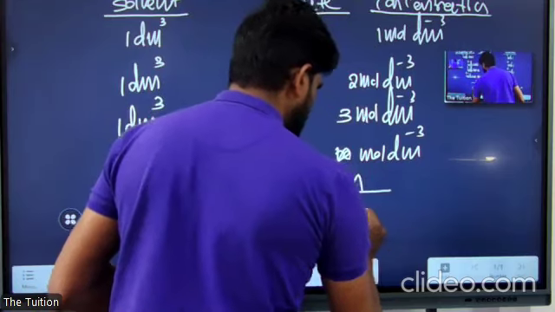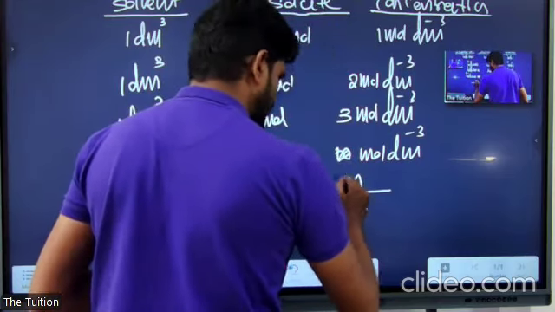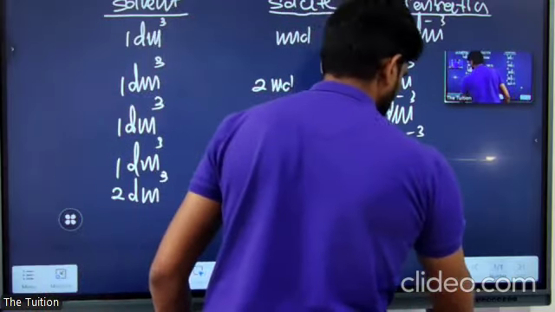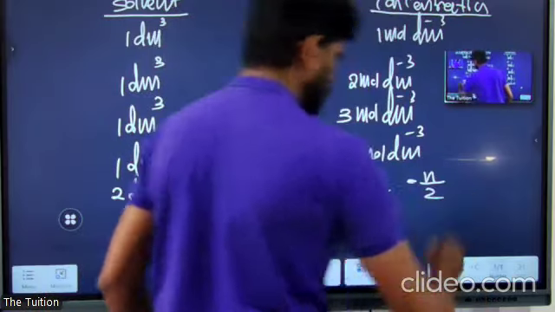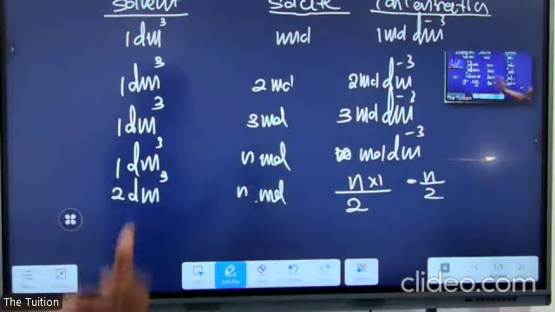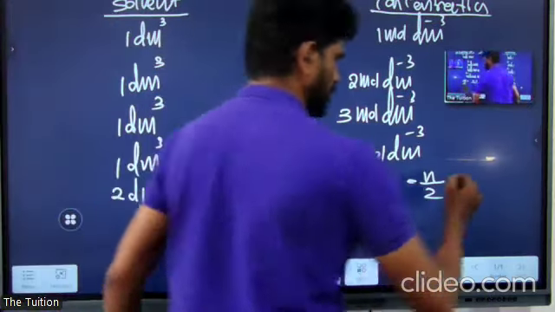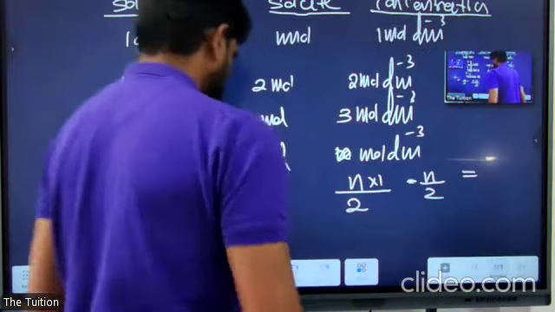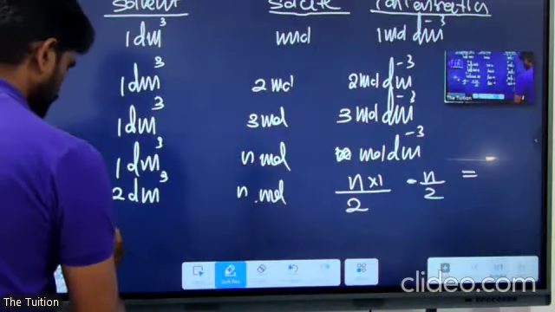2 cubic decimeter, N moles. How much? N over 2. It is the concentration. This is the concentration, okay? Right. Another one, you have